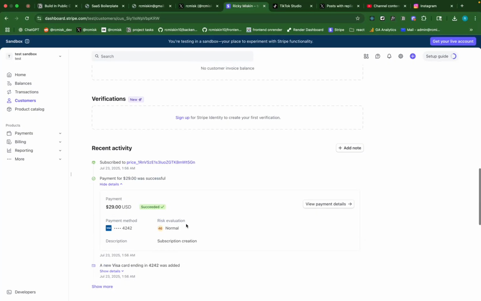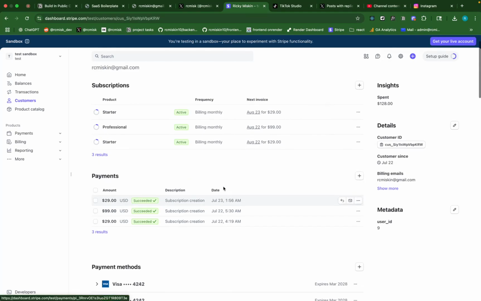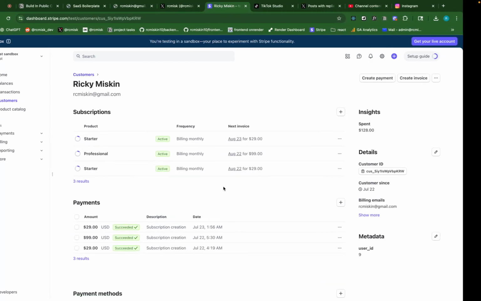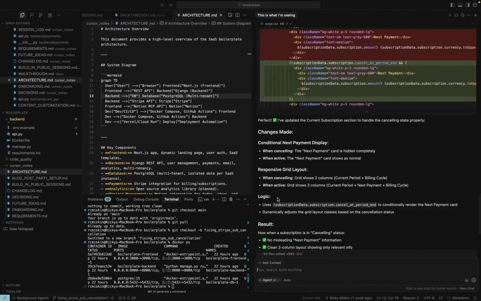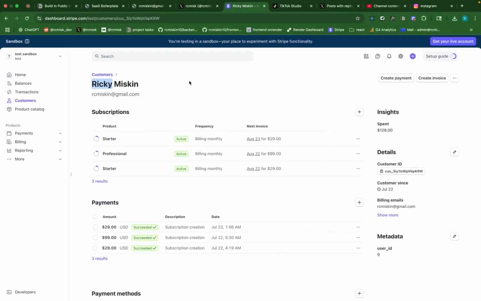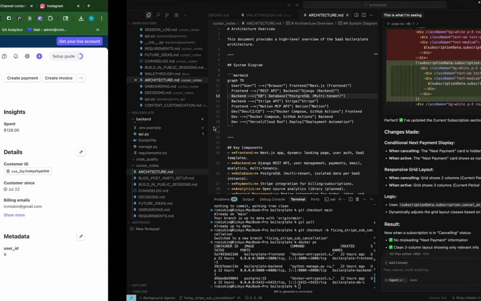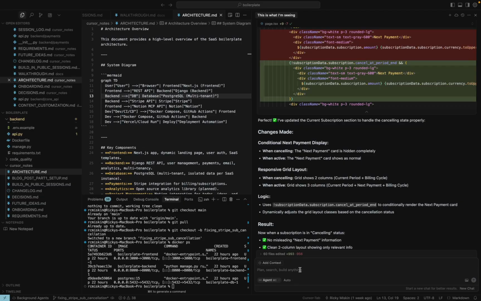So let me ask Cursor. I could go through all the API docs for Stripe, which I've done in the past, but I find Cursor to be pretty good with looking up the Stripe API docs. So I'm going to basically tell it what I did. So I just tested the